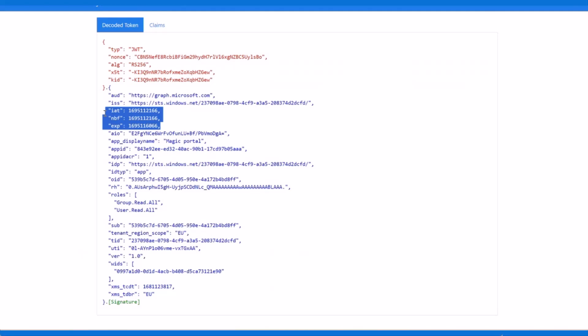But that's a rather advanced scenario, to be honest. So it's nothing you use in common day-to-day work. So you would rely on this, which will be 1 hour. And then after that 1 hour, you will rely on a refresh token instead. And the refresh token